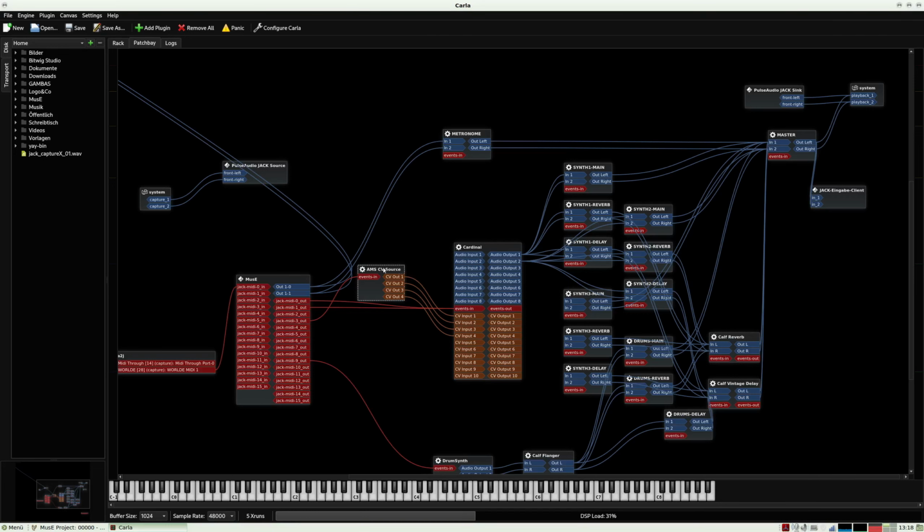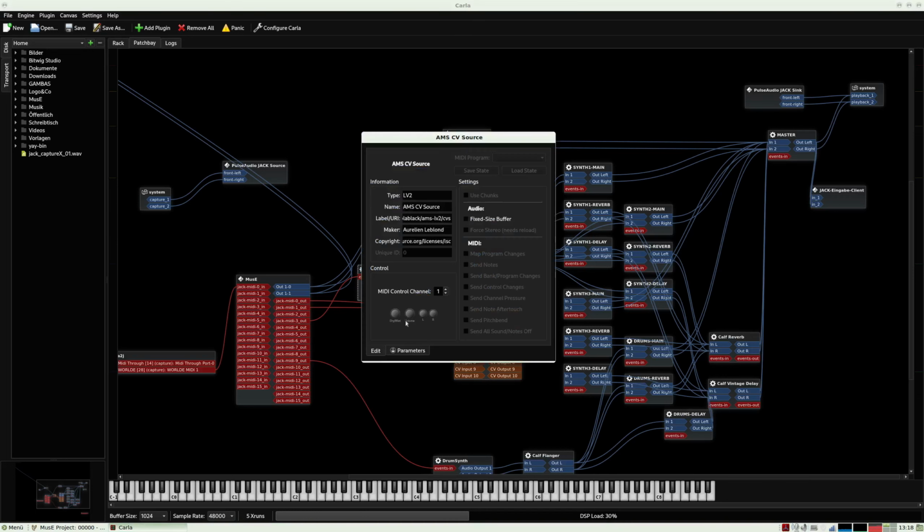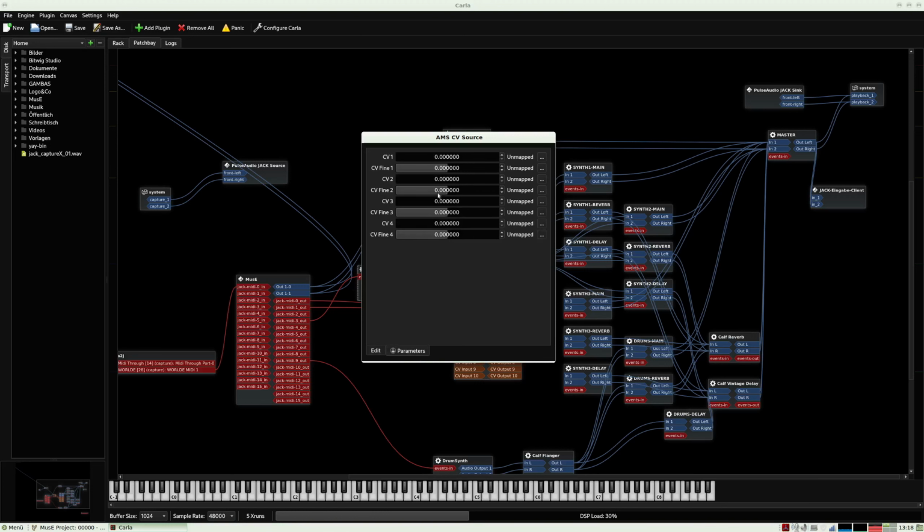So you have to use the right mouse click and go to edit. And here you don't change anything. You go to parameters, and there you have these 4 control voltages and 4 fine values. The fine values should be left unchanged. And here I have the possibility to map MIDI to this control voltage.